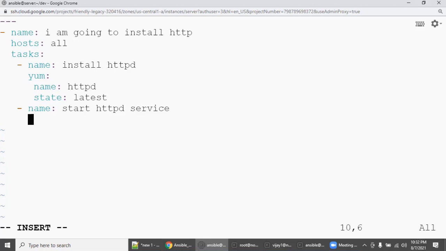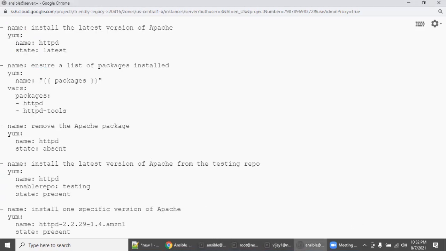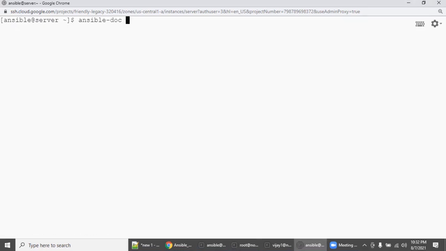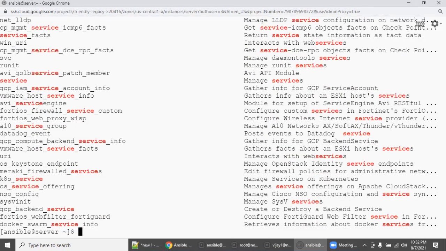Enter service, the command, and I don't know what is the syntax, right? Even go here, what I told, ansible-doc, right? Even I don't know what is the module for service related. Simple. The same logic, grep, you know the word, because you want to know what are the modules service related. So you know the word called service, right? Service. So you will get all service related modules. Of course, this will take time.